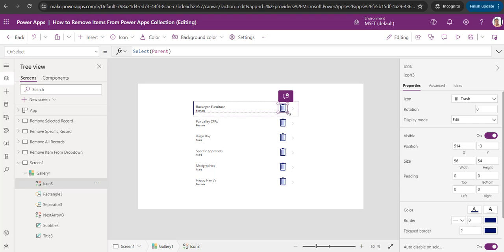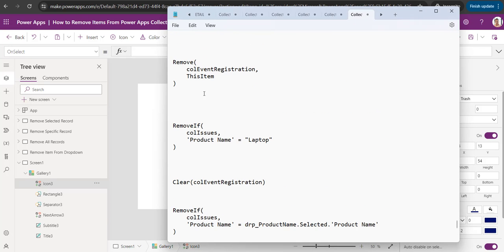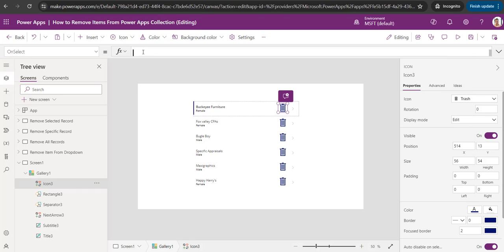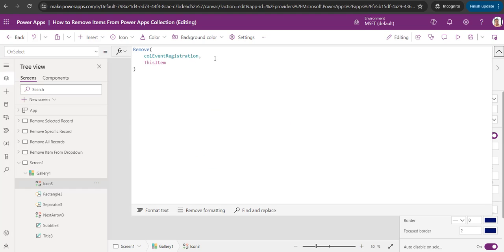And one more thing, if you want to design anything, then you can make it. I'm not designing here, I'm just telling how you can use this or how we can delete the item. I'm just implementing the code, but you can design your gallery so that it will look attractive also. So just select this button and just remove the select parent. I have already noted the code. You can see here this first code. I will just copy and paste it here. So you can see